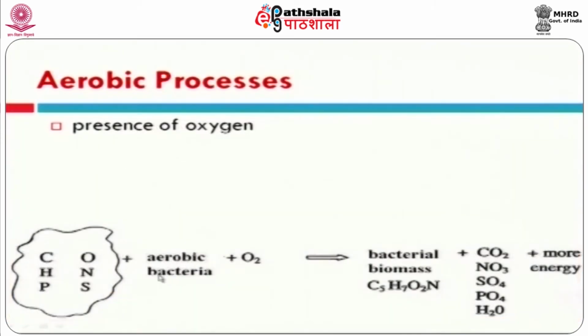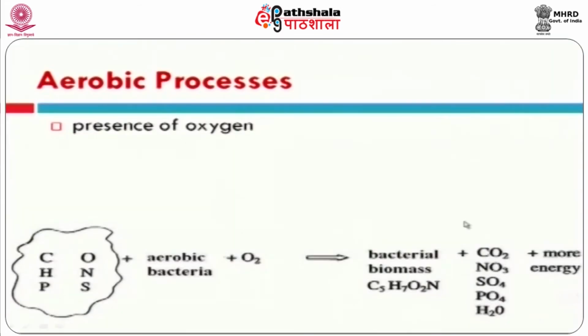So, this is the mechanism of aerobic activity. In aerobic activity, the organic matter present in the waste stream will be converted into simple, stable, inorganic plant nutrients during bacterial transformation. At the same time, the energy released during bacterial activity will be used to reproduce more cells. This is the stoichiometry of a bacterial cell: C5H7NO2. So, a bacterial cell can be represented this way. During aerobic respiration, a lot of energy will be released, so bacterial respiration is considered an exothermic reaction. Part of the energy may be captured during the assimilation process and the rest of the energy will be wasted in the form of heat energy.